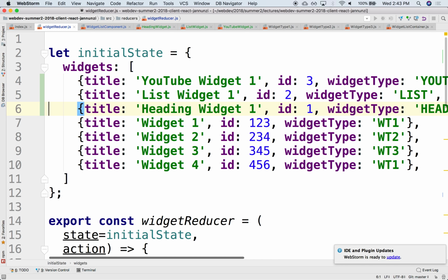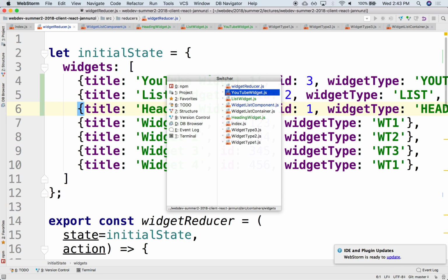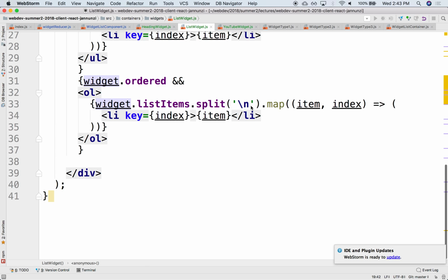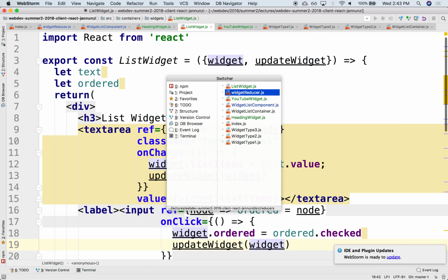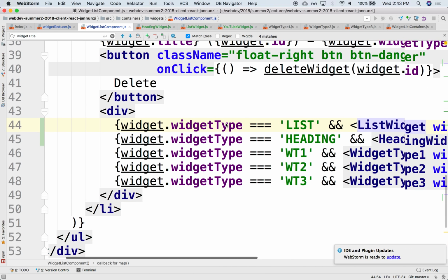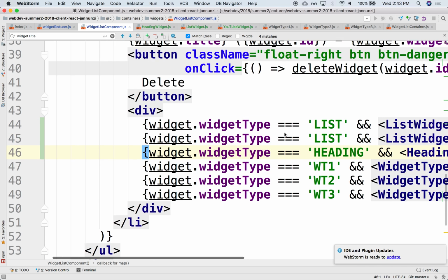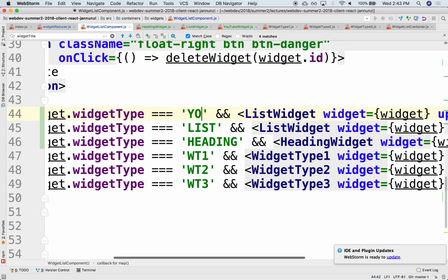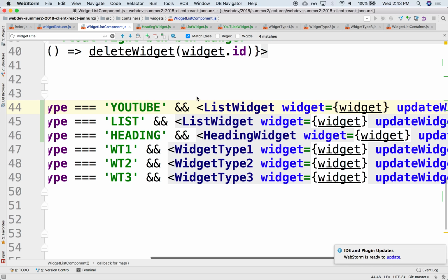Okay. Once we have that, that's going to go to the store to the container to the component, and the component to the widget. Right. So in the list widget, we just need to deal with this new type of widget. Where is it? The widget list component. There it is. We need to deal with this new type of widget. And so let's grab that, and let's say that there's a new type of widget called YouTube, and we're going to be using the YouTube